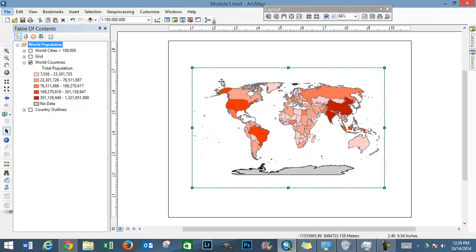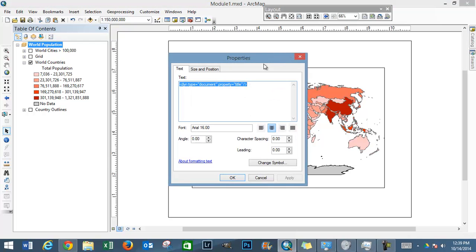So here's my map. I have room for a title up here. To put in a title, you can do it two ways. You can go Insert Title, and this pops up. It automatically goes to Module 1 MXDate. And if you look here, the text is telling it to go grab this off the title of your work. So if you want to change this to Map of World Populations,